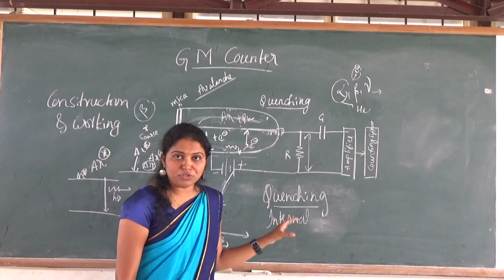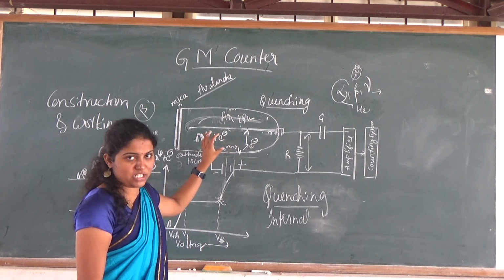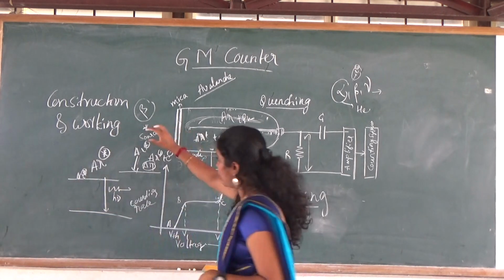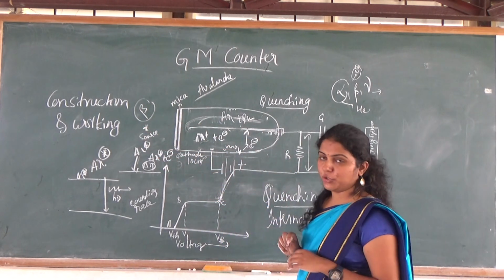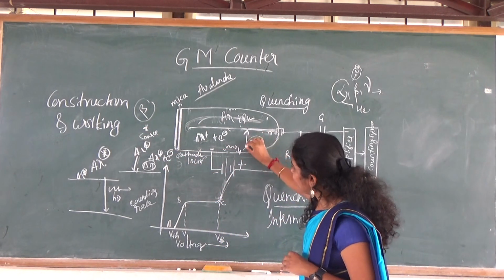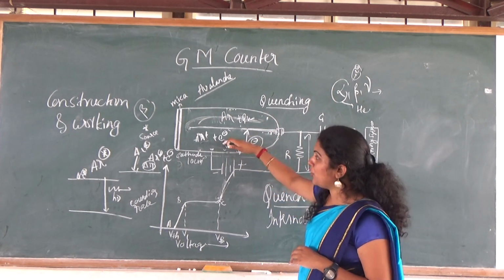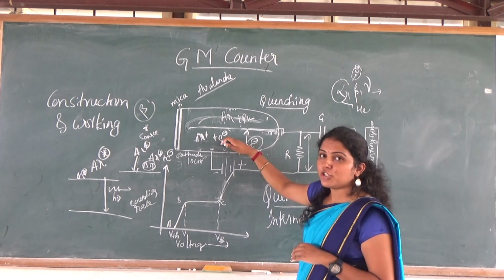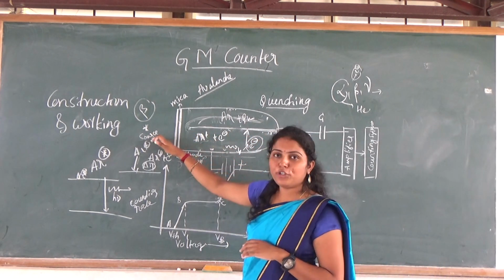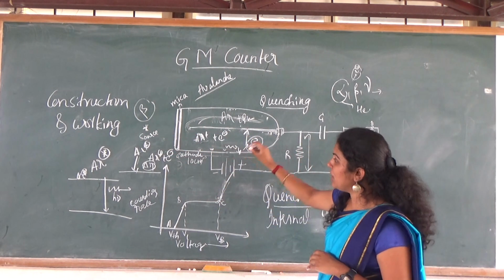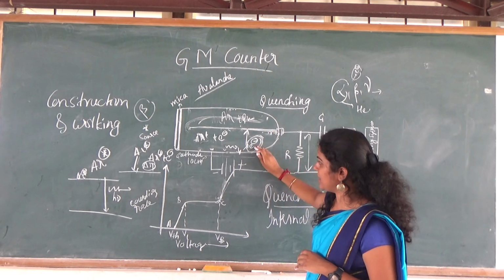The count that we get externally depends upon the rate of ionization here, and also depends upon the amount of radiation which is coming inside the tube. So, we shouldn't get the count because of this photoelectron, right? The amount of ionization formed here should give us the external count, that will give us the amount of radiation entering the tube. So, we shouldn't get this. We don't need the count from this electron.